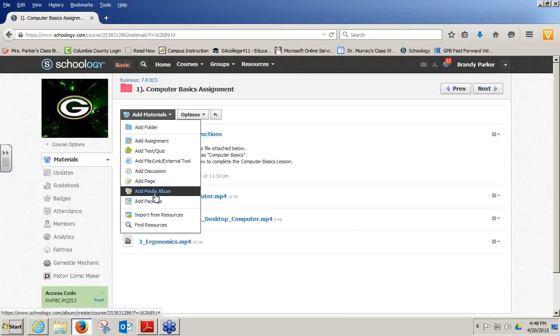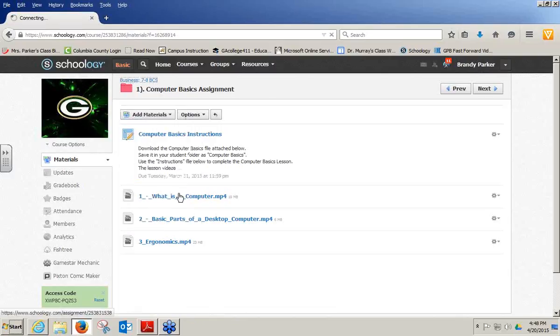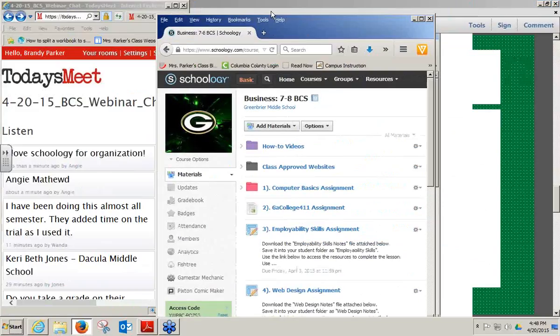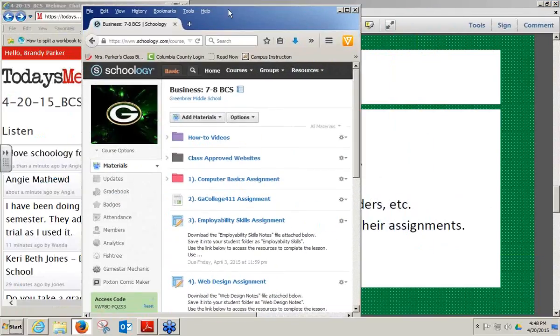Add a media album, that could be lots of pictures. I haven't really gone through every single thing, but add a package, I don't know what that is yet. Add files or assignments. One thing that I absolutely love is that it allows me to, let me just go ahead and show you. Well, before I get out of my teacher account,